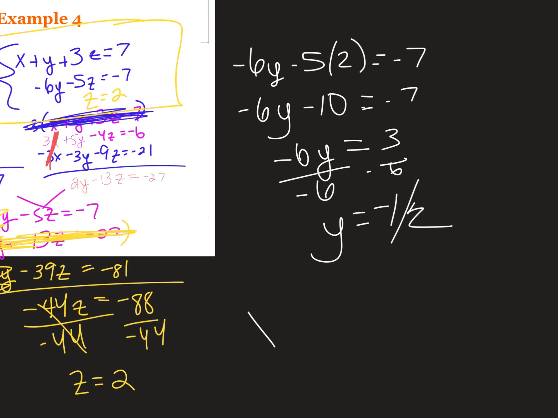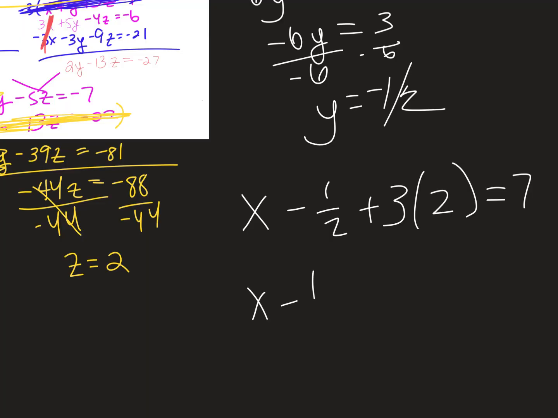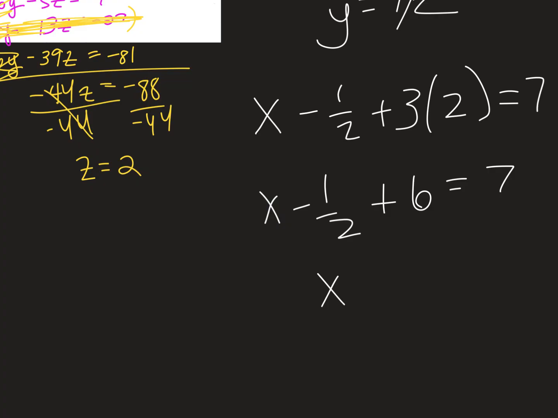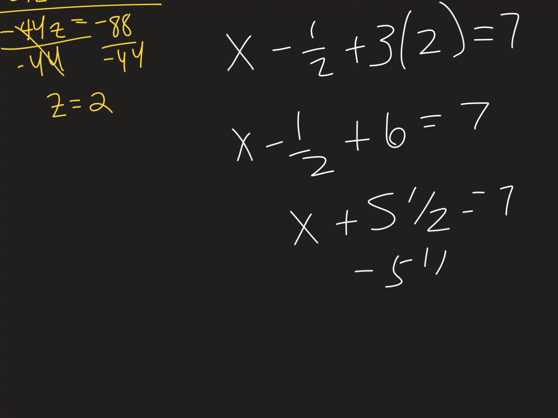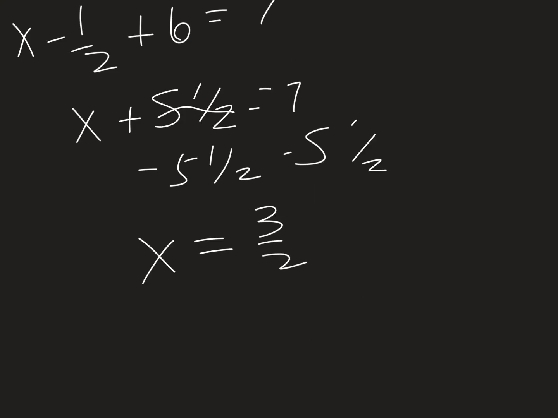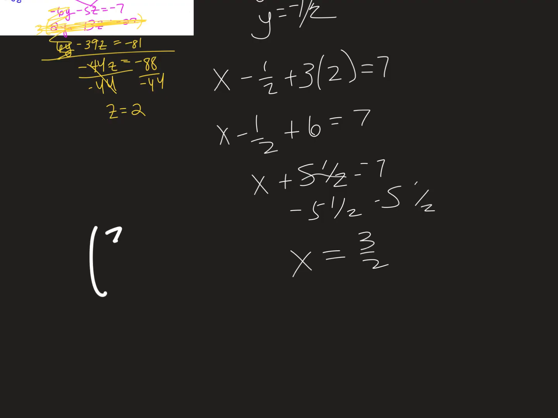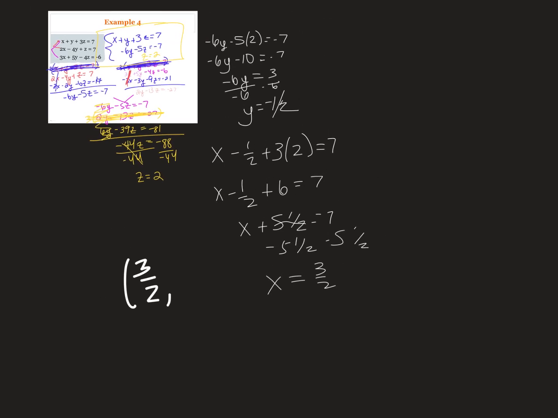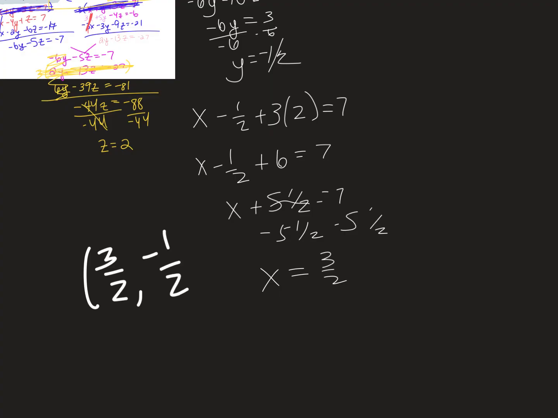And then lastly, I'm going to take my top equation. So x minus 1/2 plus 3 times 2 equals 7. So x minus 1/2 plus 6 equals 7. x plus 5.5 equals 7. Subtract 5 and 1/2 from both sides, and I get x equals 3/2. So the ordered triple would be 3/2, or 1.5, negative 1/2, and